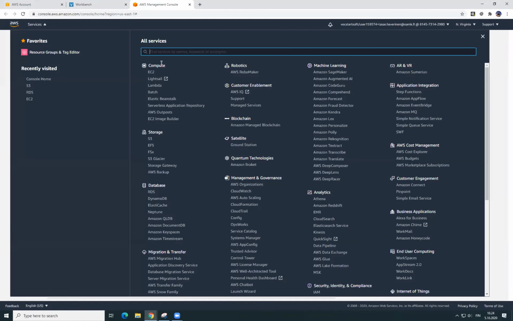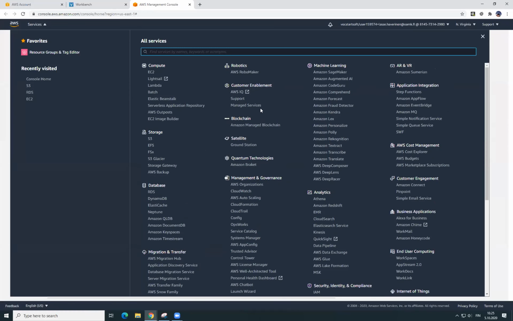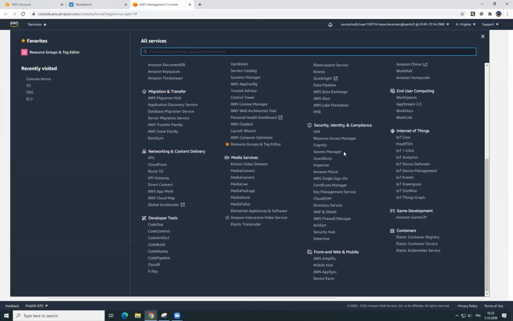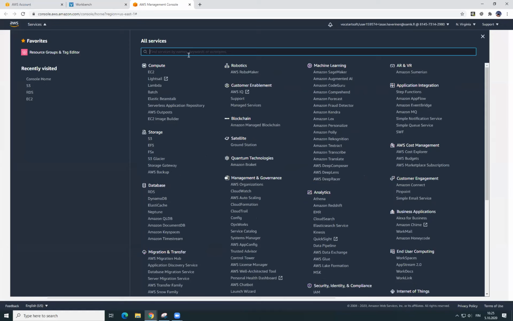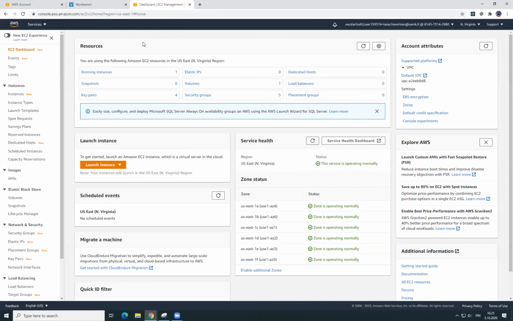So here I go to the EC2 control panel, and as you can see, there is quite a lot of these Amazon services available. Today we will be only using 2 of those, EC2 and RDS. So mastering these services is really a big task. Okay, here I am now in the EC2 dashboard,